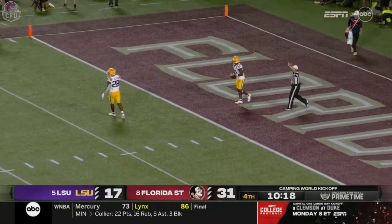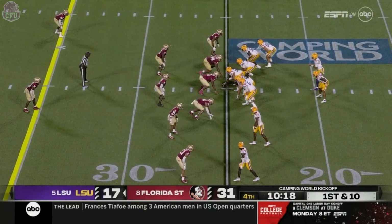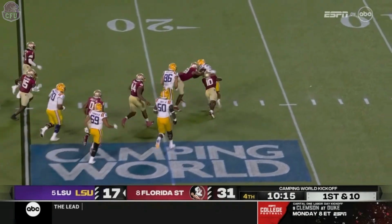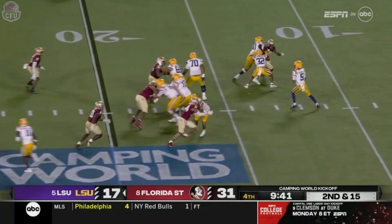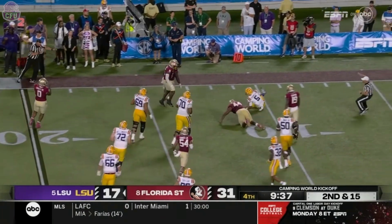Clayton will let it go. Dragged down is Bradford. Bad time for miscommunication from the guys up front. 2nd and 15. Daniels flushed. And he'll be dragged down at the...